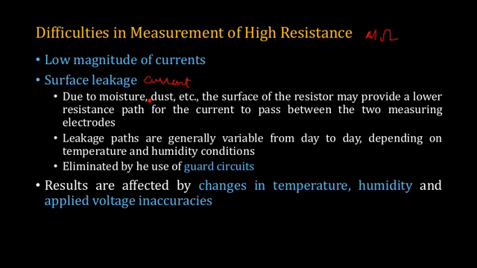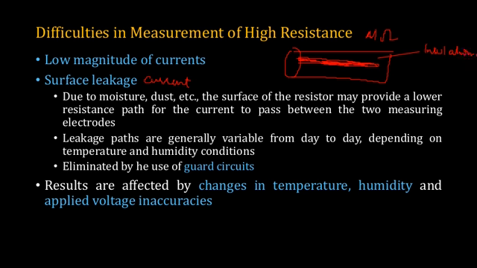So in case of insulation, if you have some impurities present within the insulator, such impurities can result in leakage currents. So if you have an insulator of this manner, suppose your conductor is at the center. So this is your conductor and this part is your insulation. The purpose of insulation is to prevent any current that is flowing through the core or through the center of the conductor,